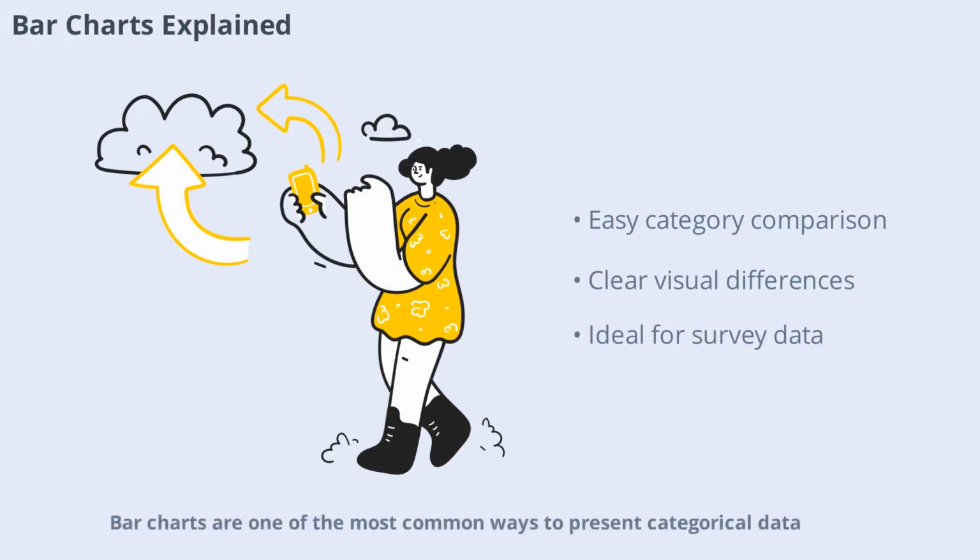Bar charts are one of the most common ways to present categorical data. They use rectangular bars to represent the value of each category, making it easy to compare different groups side by side. Whether you're showing sales by region or survey results by age group, bar charts provide a clear visual comparison. The length or height of each bar corresponds to the value it represents, allowing viewers to quickly grasp differences and